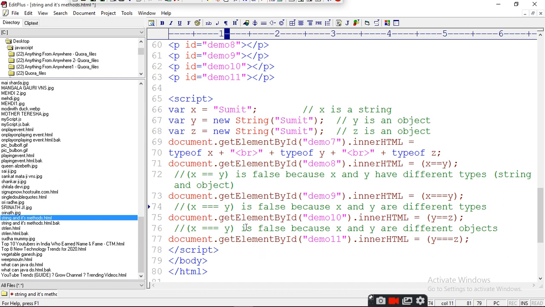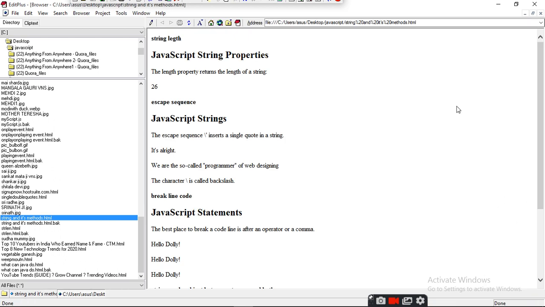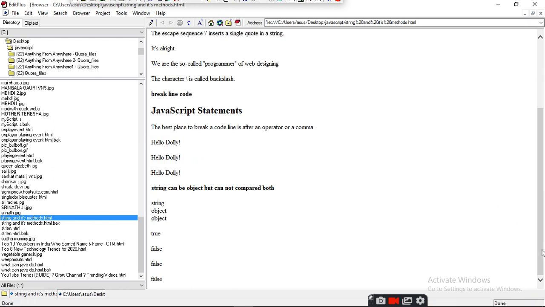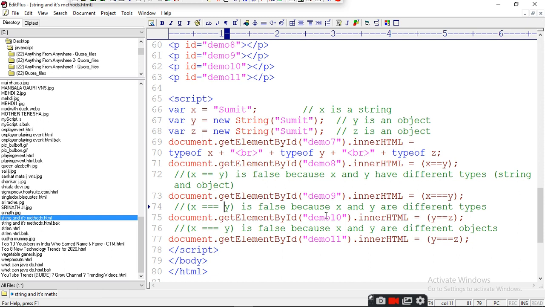So it will give three false and one true, and just see. It will give four false. Control B. True. This is false, false, false. And the first one is x and y: false because x and y have different types.